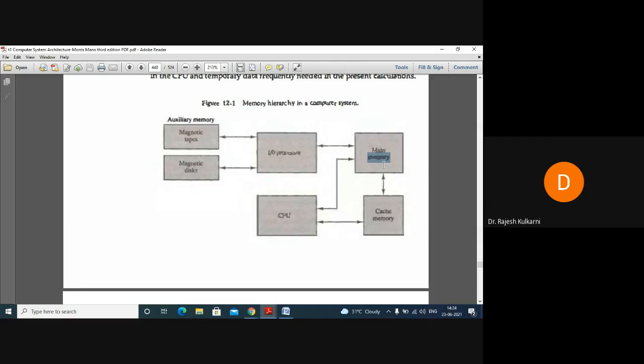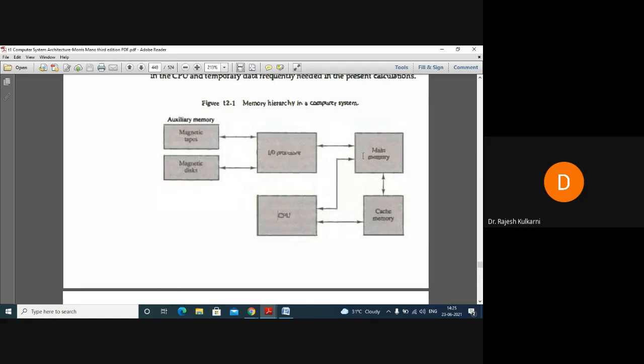Now, after bringing your instructions into the main memory, some part of those instructions or that data will go to the CPU and that will be executed. It will go back again. So you see this bidirectional line here from main memory to CPU. What it indicates is that data and part of the program will be brought from main memory to the CPU. Similarly, after CPU does the execution, the same goes back to the main memory.